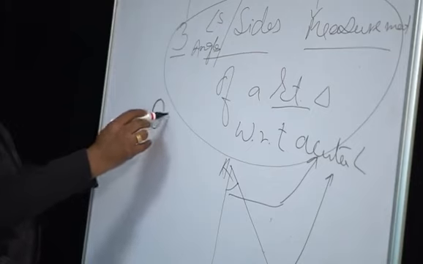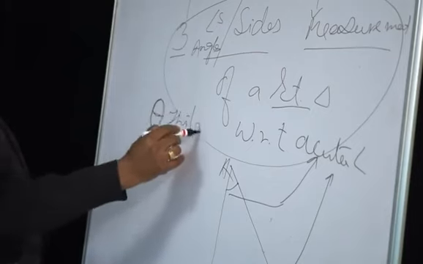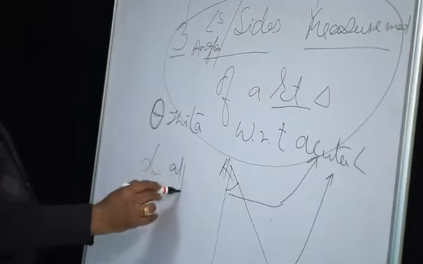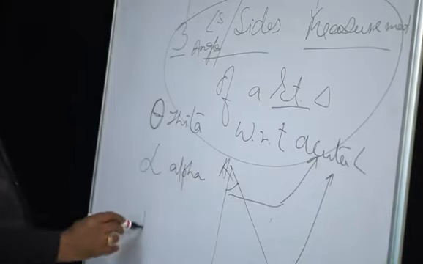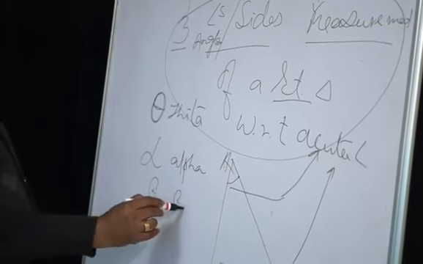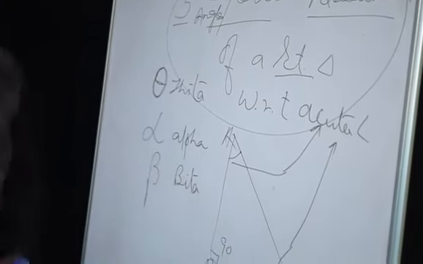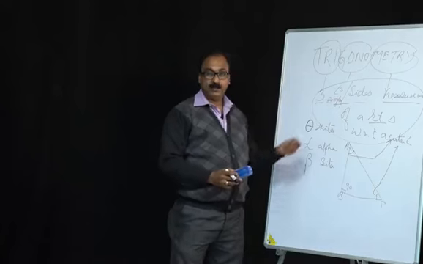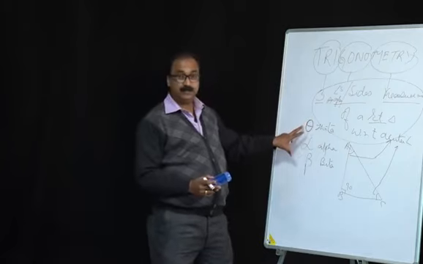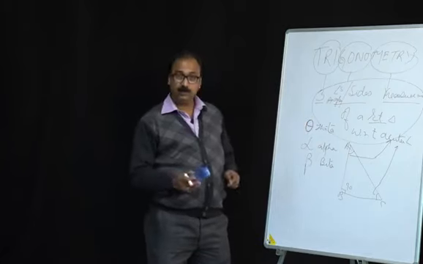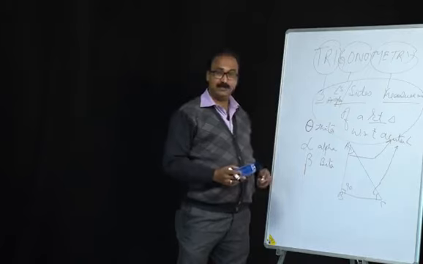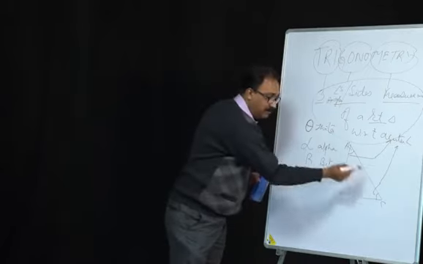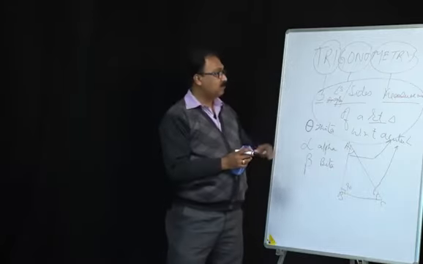Then say alpha. We call alpha. Okay, then we call beta. These are symbols of acute angles we are using in trigonometry. These are all Greek letters, symbols. Clear? There are others also, like phi and psi, but basically these 3 we have to use in your trigonometry in class 10 syllabus. Clear? So sometimes we have to use the symbol or use the alphabet as well. Clear? So now we come to the